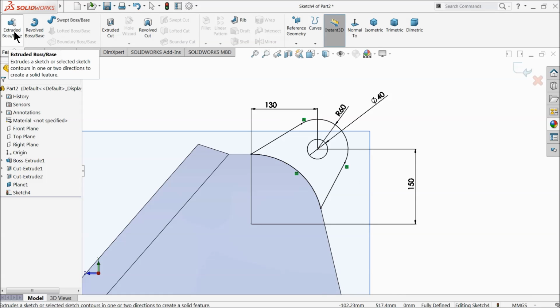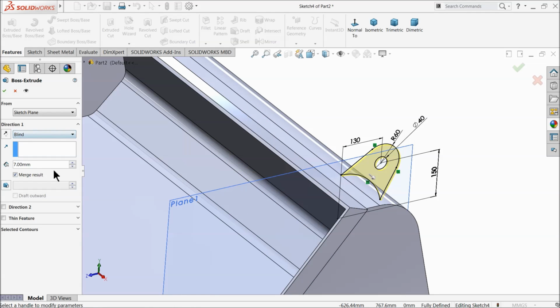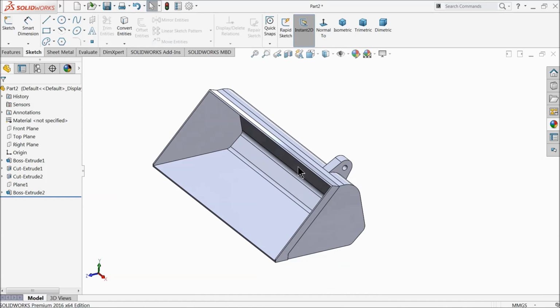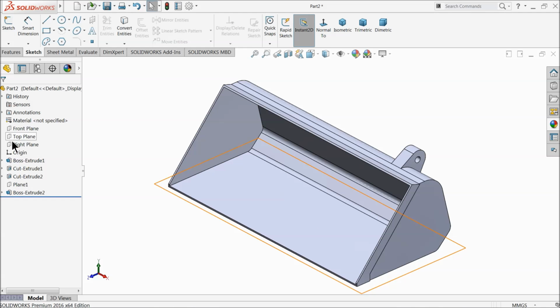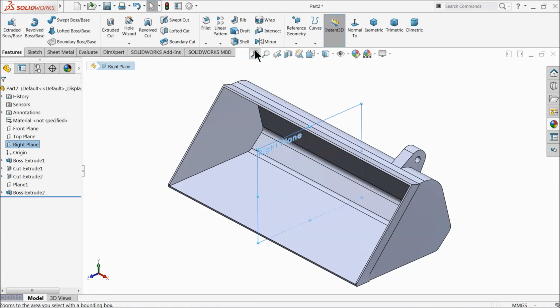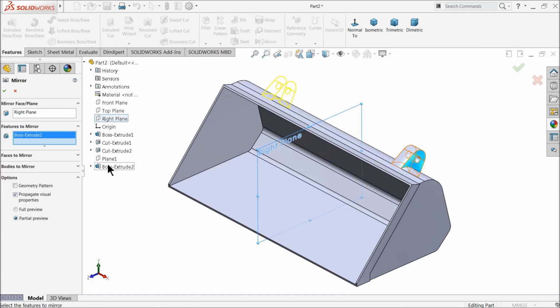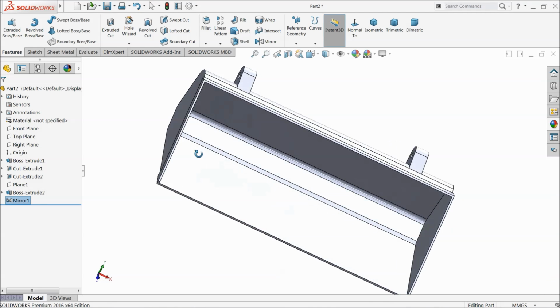Now select extruded boss. It's going to extrude up to 80 millimeter. Keep reverse direction. Okay. Now hide this plane. Now select right plane and here choose mirror. First select this extruded part and the last one this cutout. Okay, see,